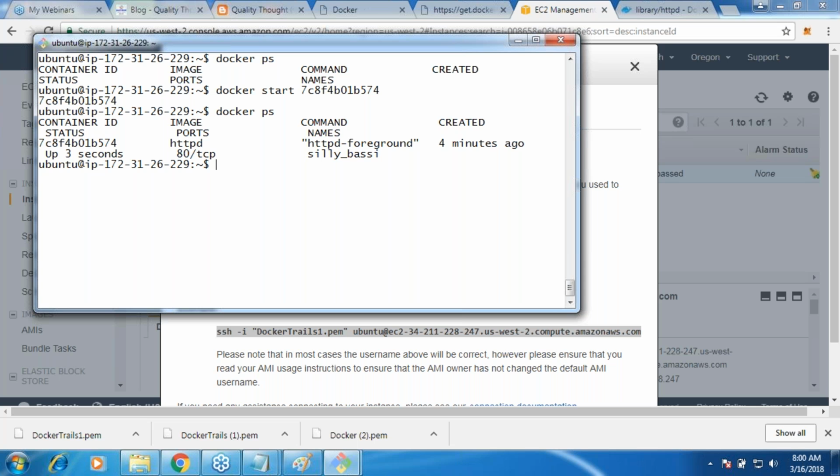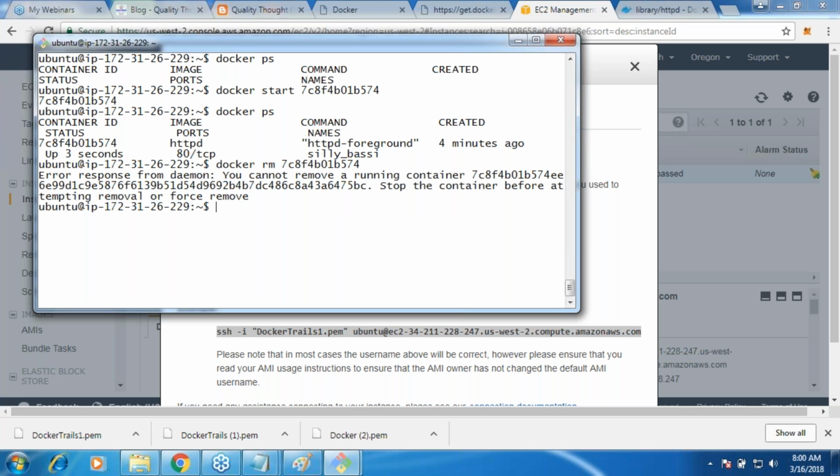Okay. You have finished the work on this container. You want to remove this container. So docker rm. Okay. And now let me give the container ID. It would tell that you can't do that because the container is running. So what Docker expects by default is that whenever you are removing your container, you have stopped it, because you might be executing these commands by mistake. So if you know that you are not executing by mistake, you can say minus